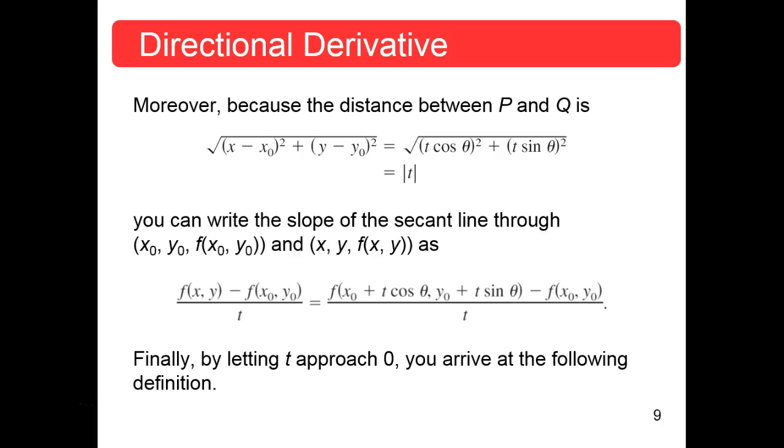You can write the slope of the secant line through these 2 points, (x0, y0, f(x0, y0)) and (x, y, f(x, y)), as